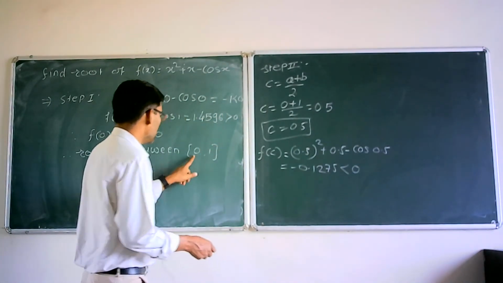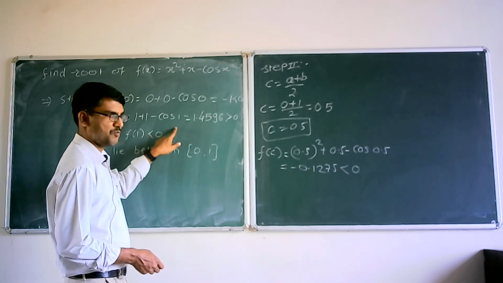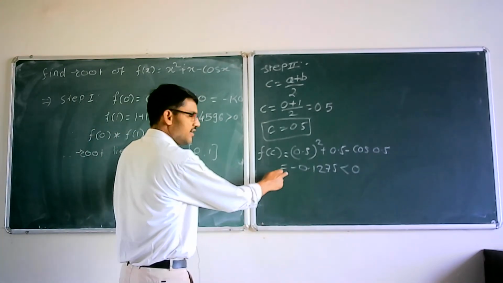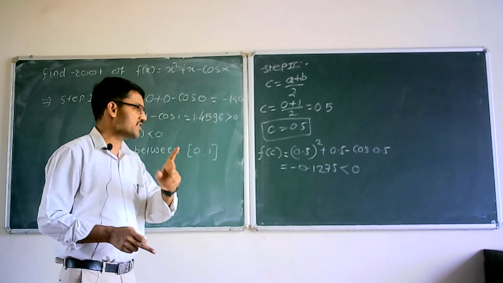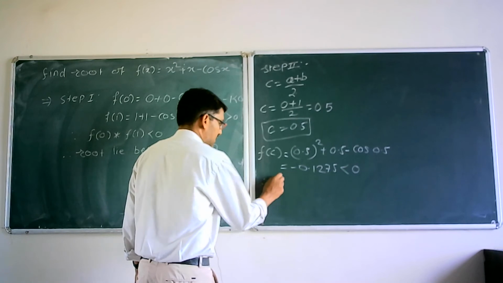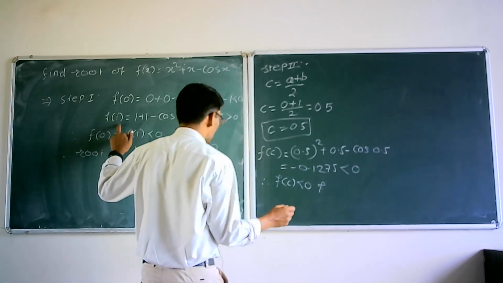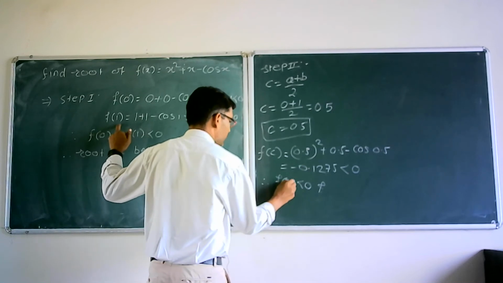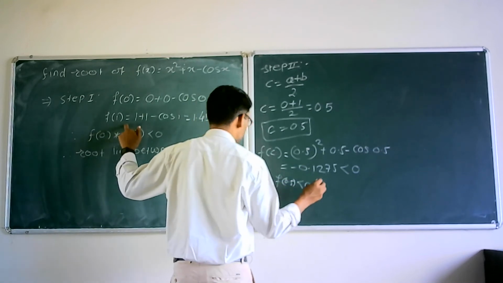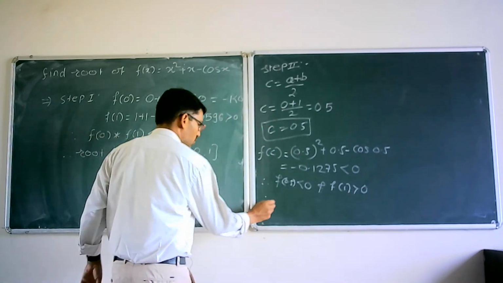Since f of C is less than 0, what is the previous positive number? F of 1 is positive, and f of C is negative, and the root always lies between opposite signs. So since f of C is less than 0, our next is f of 1. That is, f of 0.5 is less than 0 and f of 1 is greater than 0. Therefore the root lies between